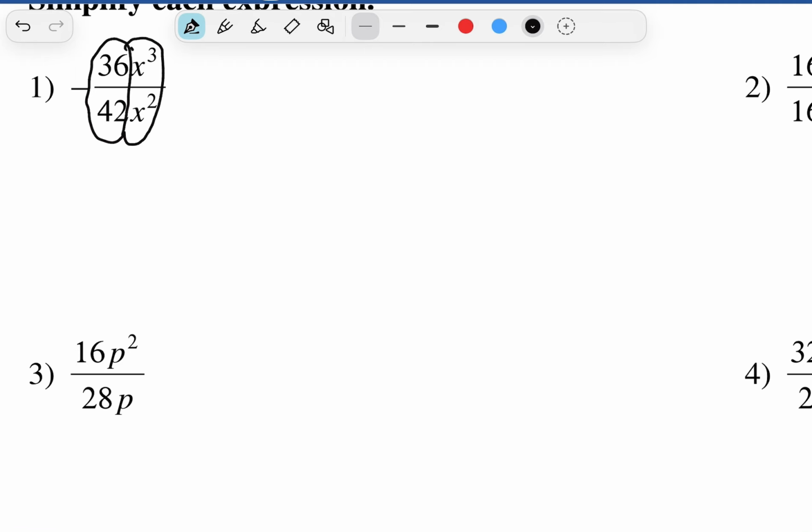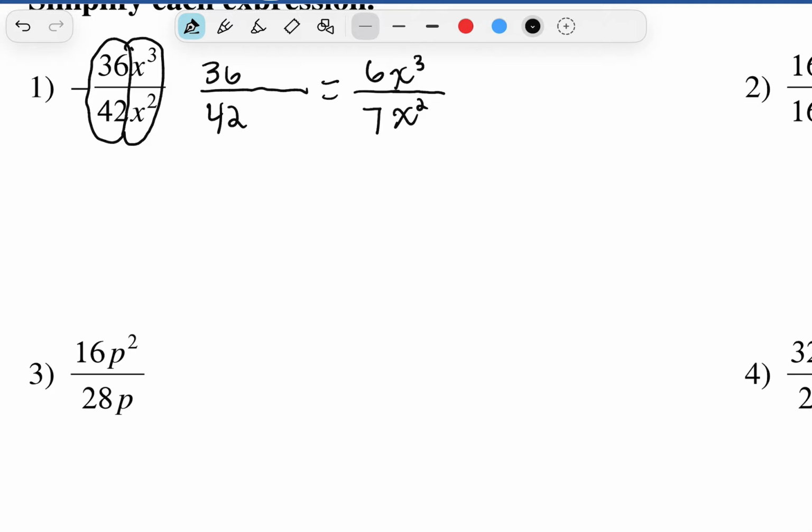So first, we need to ask ourselves if we simply had the fraction 36 over 42, how would we simplify it? What is it that goes into both 36 and 42? Well, I'm noticing 6 goes into both. So we could simplify this fraction down into 6 over 7. Is that numerical fraction as simple as it can get? And it looks to me like it is. So now we're done with the numbers and we can move on to our x to the third over x